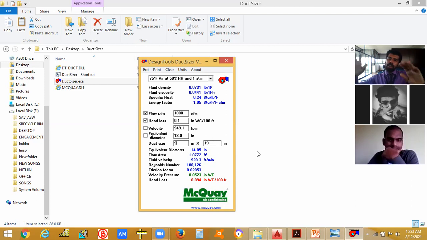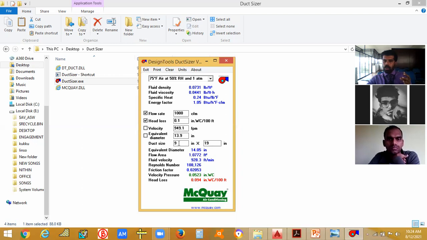So when I am designing something, I have to make sure that my aspect ratio comes closer to 1:1. It should not go beyond 4:1, and the best aspect ratio is 1:1. So I will make sure how I can make it closer to 1:1. So the best aspect ratio I will choose. Understood?